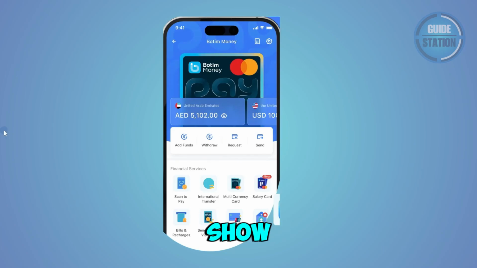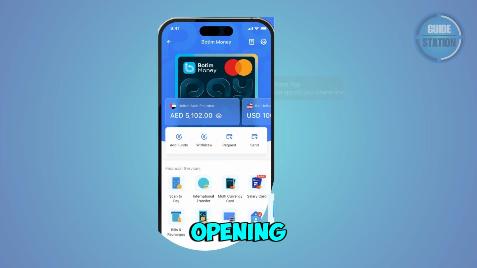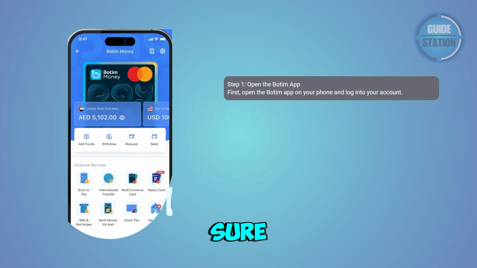In this video, I will show you how to send money from Botim to Nepal. So, you might be wondering how to exactly do so. Well, in this case, sending money from Botim to Nepal is fairly easy. So, you want to go ahead and start by opening the Botim app on your smartphone. Make sure you're signed in with the correct account and that it has the balance or linked payment method you'll use